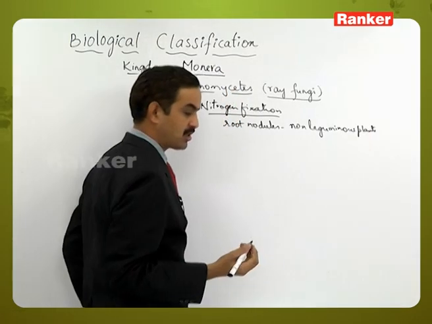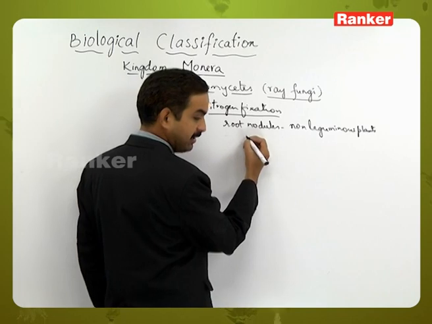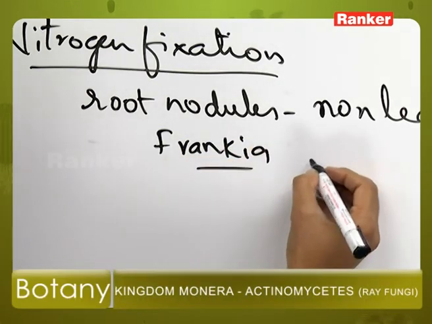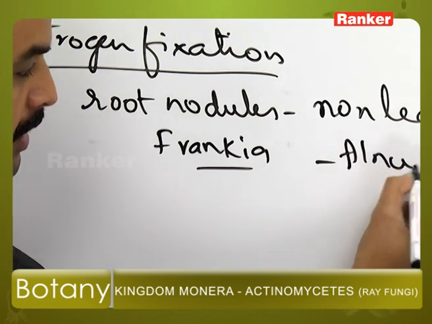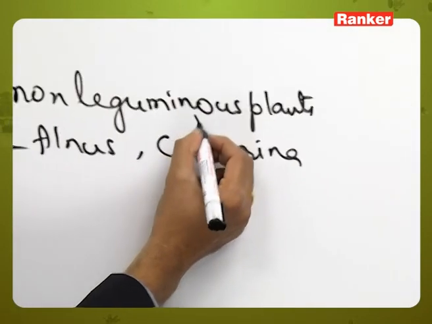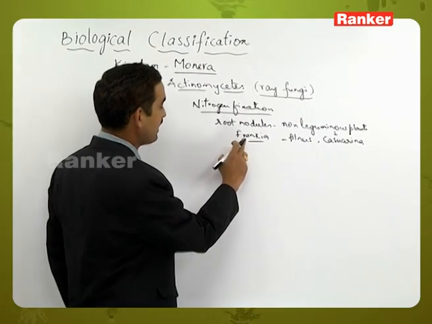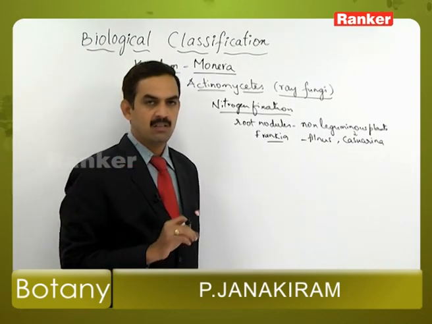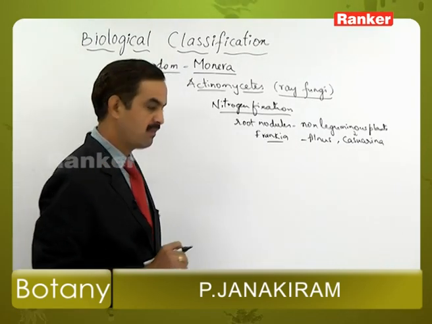The best example of those forming these structures is Frankia in members like Alnus and Casuarina plants. That is, these are the two non-leguminous plants in which Frankia, the Actinomycetes member, forms the root nodules